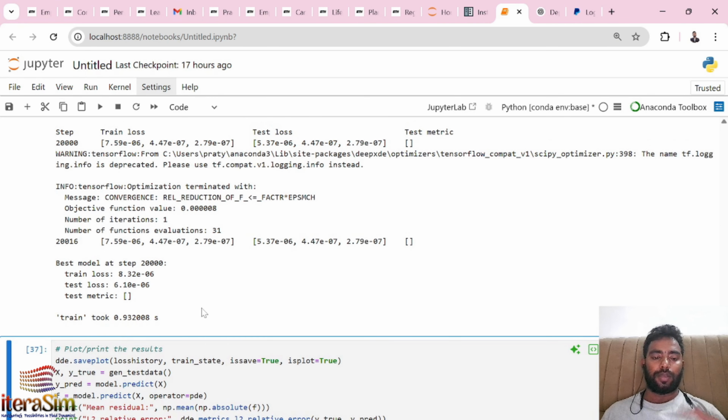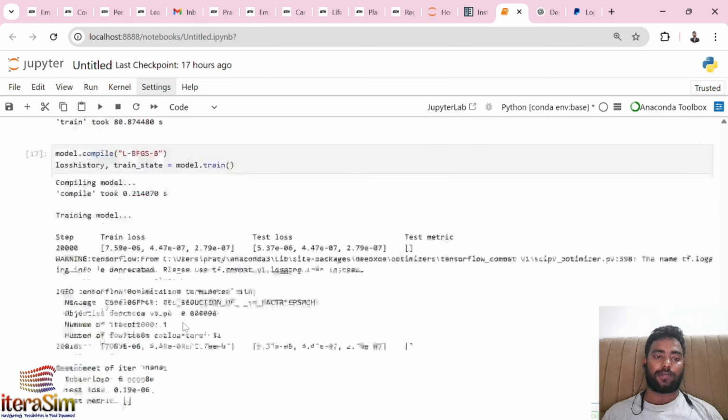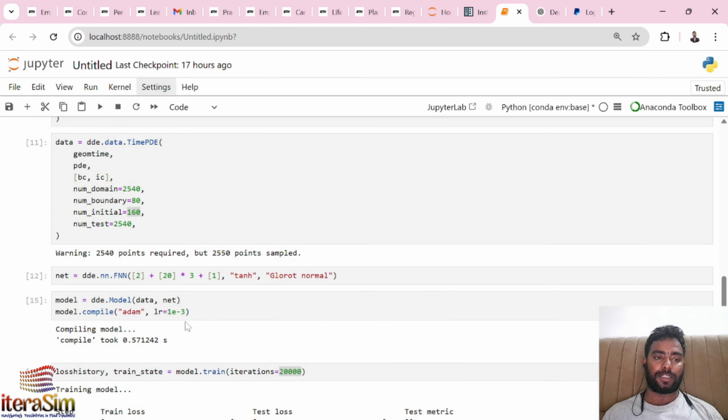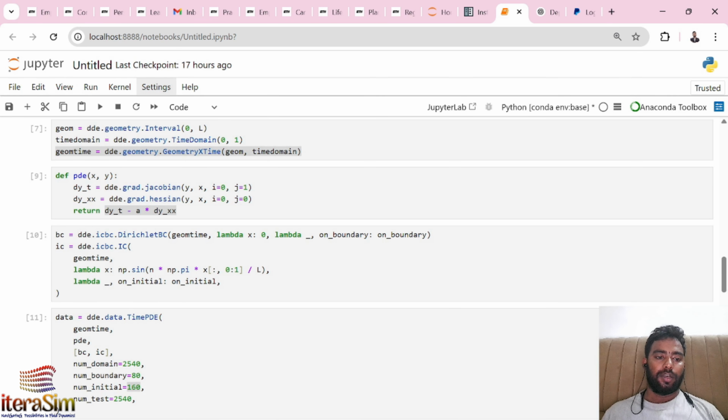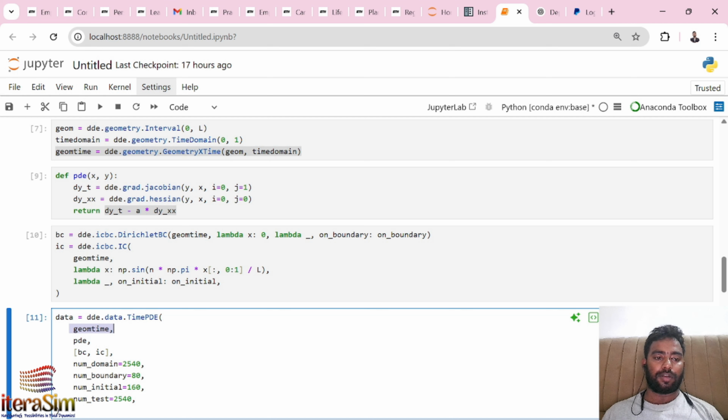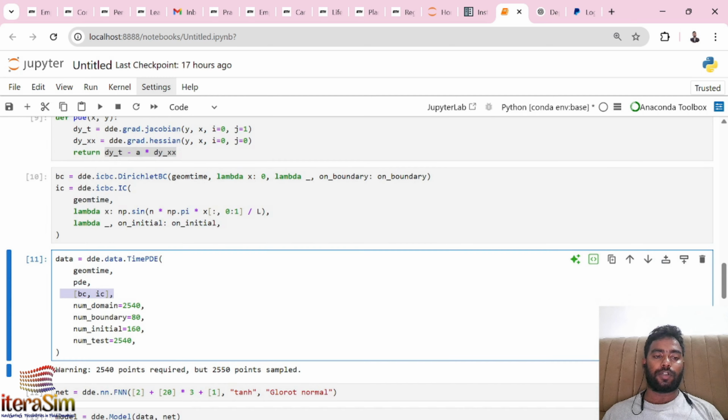Okay, so we will see other examples also during our session, where we are also going to use the OpenFOAM data to train the PINNs algorithm. So there are only three loss functions that we are seeing here: the partial differential equation loss, and the boundary condition and initial condition loss. But we are also going to see how this data loss can be used as a residual for training the PINNs algorithm. These things we are going to cover in our